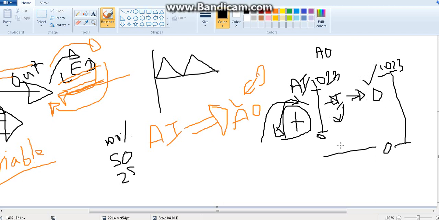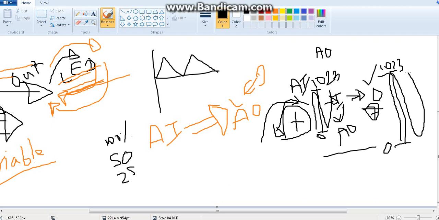So this is, let's say, A0, and this is the LED pin 7. Let's say you connected the LED to 7, so this would be the pin. Forgive me for my drawing. Now what is the problem? This value will change from 0 to 1023, so this also will be given as 0 to 1023 to the output. But the problem is, in the analog output we don't have up to 1023. We have only 0 to 255.